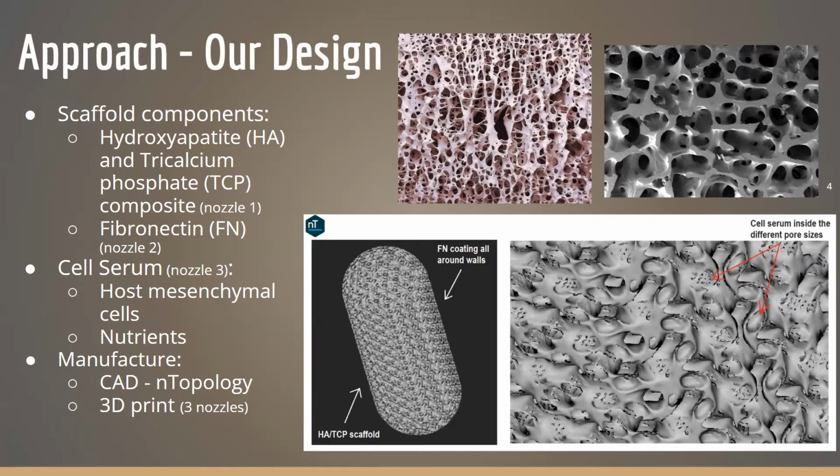Our scaffold will then be 3D printed using a composite of HA and TCP, FN coating, and the cell serum simultaneously. Printing them simultaneously with 3 different nozzles avoids defects and flaws such as non-uniform distribution of cells. HA and TCP composite would be extruded from one nozzle, FN from the second nozzle, and the cell serum from the third nozzle. As the scaffold material prints, the cell serum and FN coating will be integrated into the pores and walls